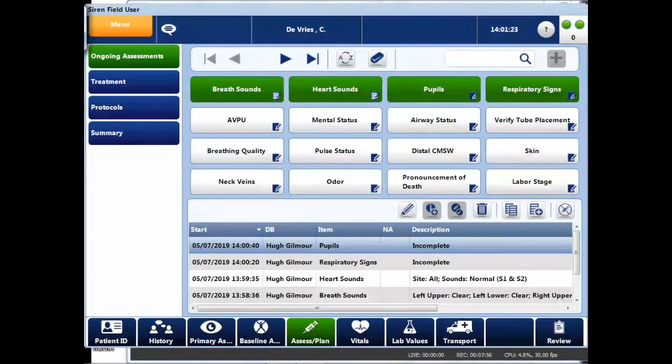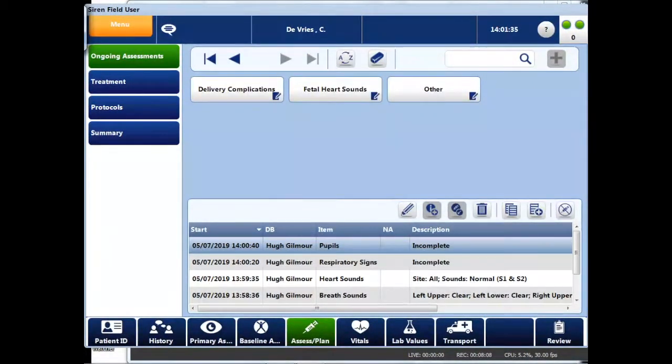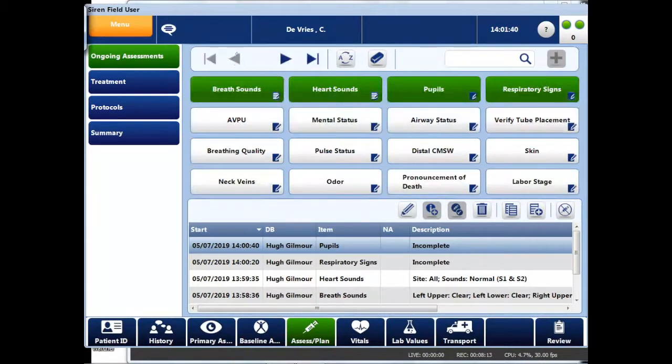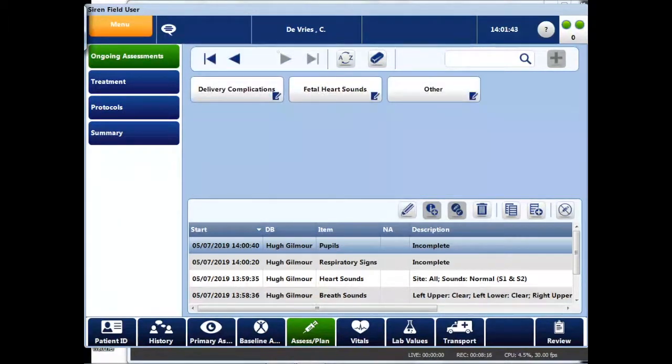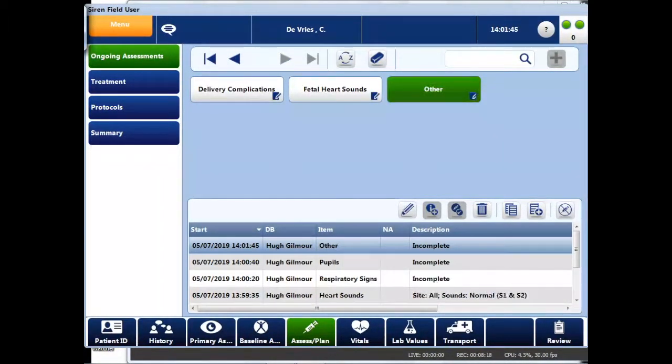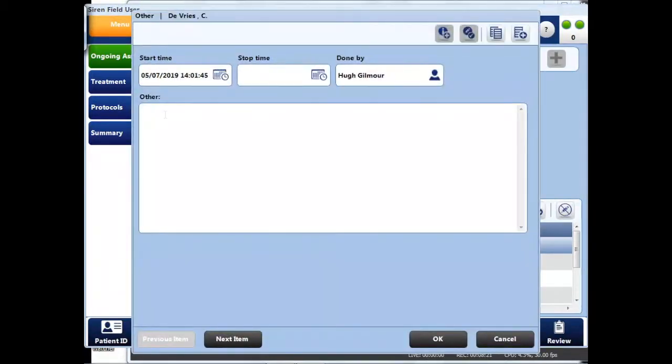So I would recommend that when you do have the opportunity to author an ePCR or practice with Siren, you take a look at each of these boxes and see what options are available to you. And remember, at all times, if you want to document an ongoing assessment and there are no ready-made boxes available that suit what you want to do, you can always use other. And this is a really good location for one final example. Let's say I'm transporting a patient by ground ambulance. So this is where I can say, for example,